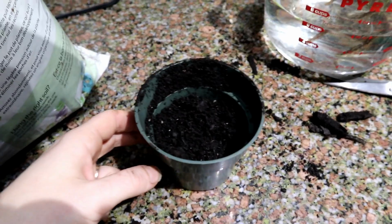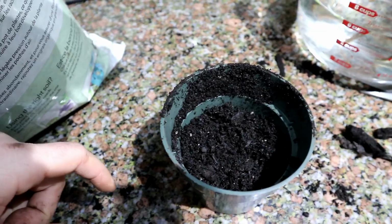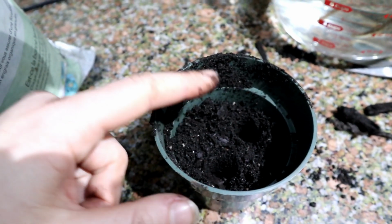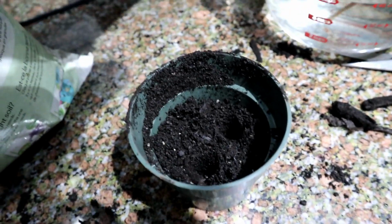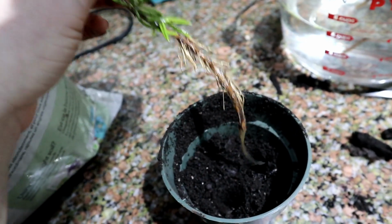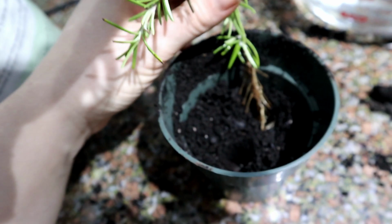You want to handle these seedlings really delicately. You don't want to just jam them into the dirt. What I've been doing is poking a hole down to the bottom with my finger. I've been doing 2 because I'm putting 2 in each one. So you can see those 2 holes there. And then I've been taking the plants. Here's one that has some of the most roots, so I have to be the most careful with this one. And I've been gently placing them